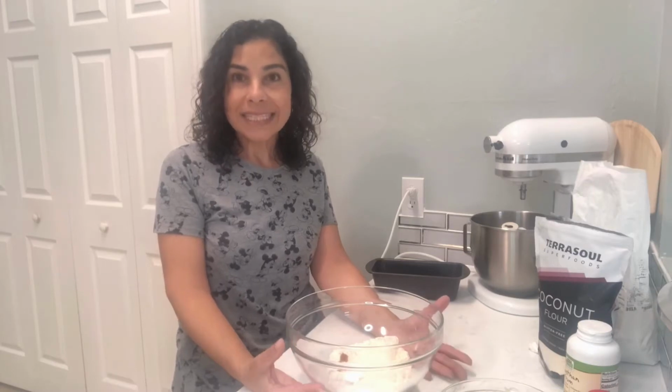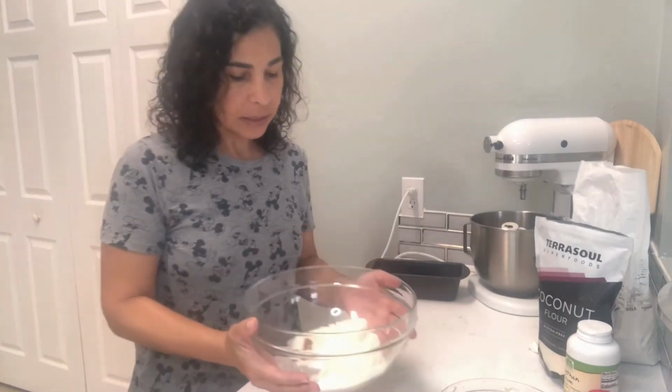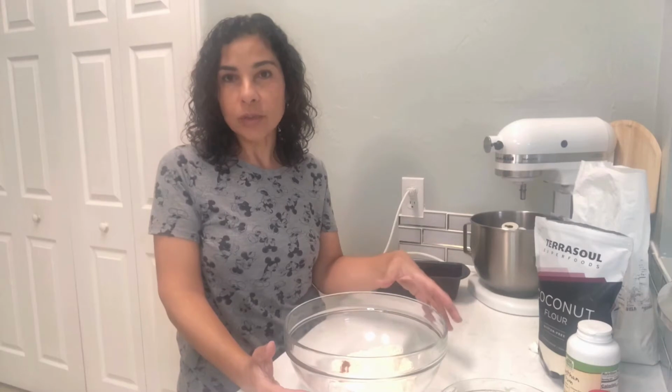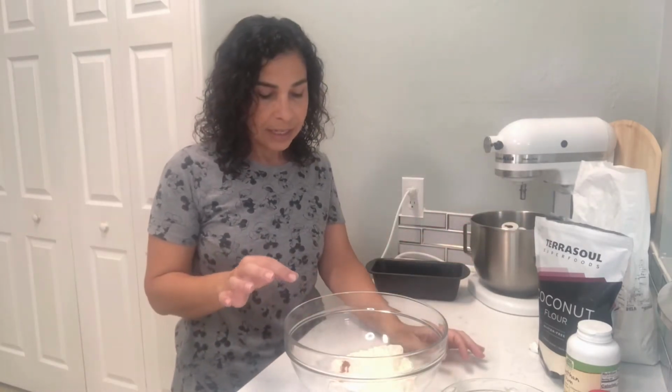So let's get started. What I have already here in my bowl are the dry ingredients, and it's basically gonna be a mixture of coconut flour, and I also have a little bit of oat fiber. I have explained before in my other videos, oat fiber is not oatmeal, it's just the fiber from the oats, and it is a low carb ingredient that can be used, and it's also keto friendly. So I have a combination of coconut flour, oat fiber, and I also have baking powder, baking soda, a little bit of salt, and I have a really